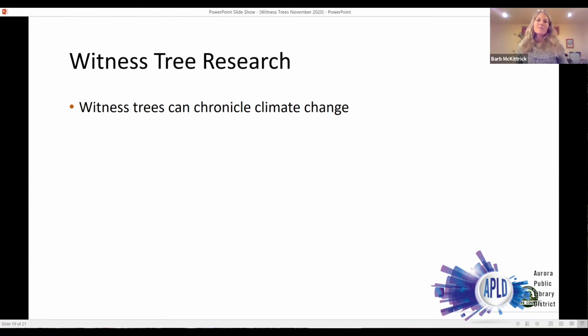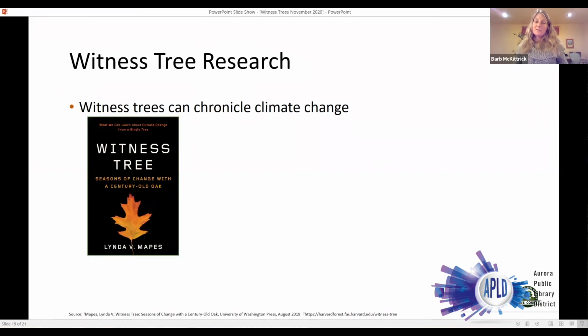So what's so great? What's this witness tree research data used for? Well, witness tree data can be used to chronicle climate change, as I mentioned quickly. There's actually a famous witness tree in Harvard, and it's been the subject of many, many studies, and a book has been written about it. And that tree has been studied for the last 50 years intensely. And we know what changes. It has